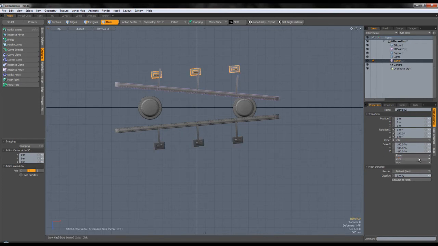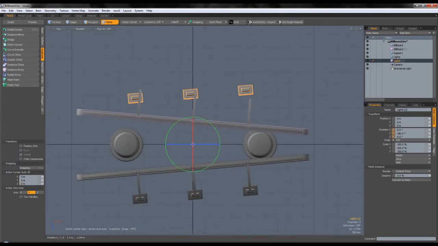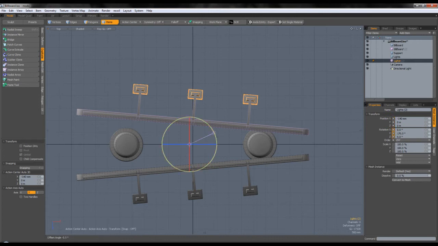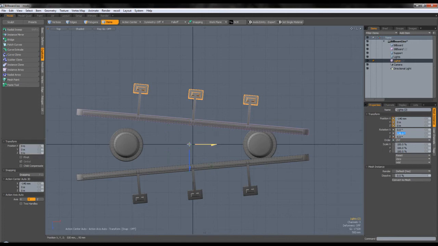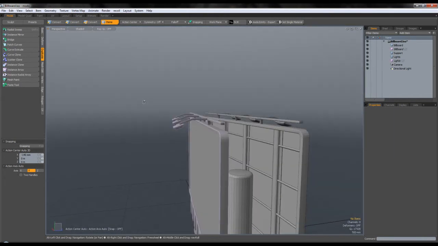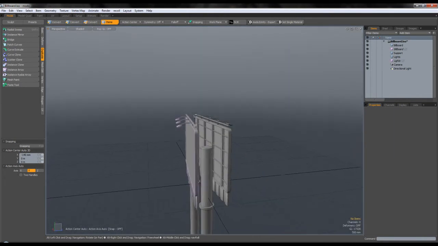I need to freeze my rotation, but for some reason I don't have it. I think it's only done in polygon mode, yeah, not on instances, but no problem. You can then make sure that it's matching, kind of like that. So it probably should be at 170 degrees, and it should match, and it does. Okay,